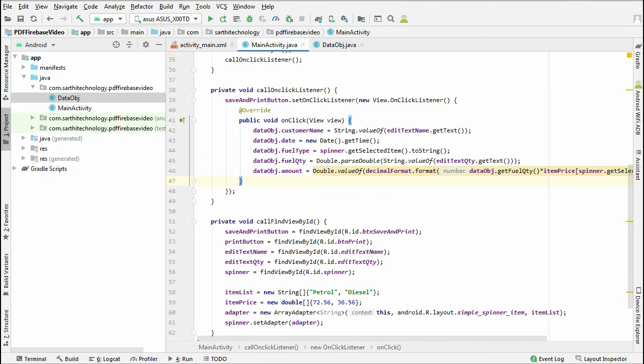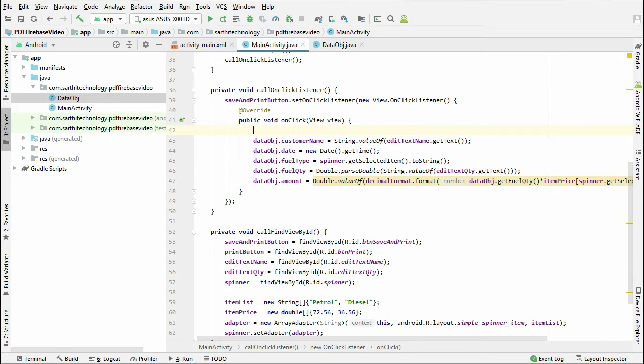We have added all except one, that is invoice number. We have these 1 2 3 4 5 data, and only one is required, that is invoice number. In this case we need to create the invoice number in incremental order automatically.